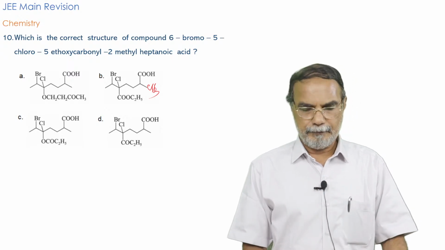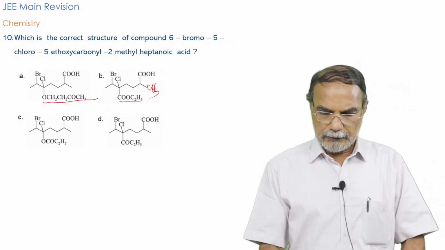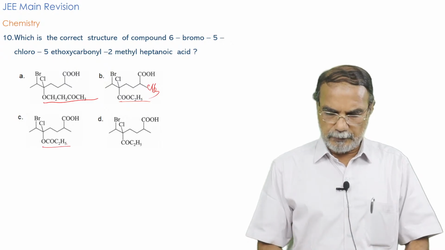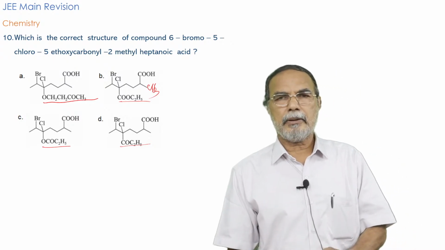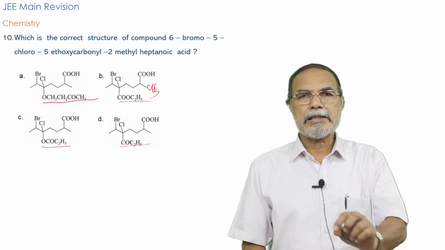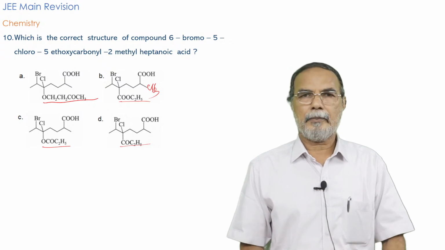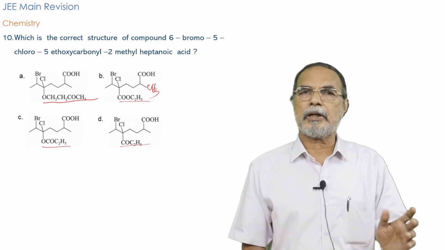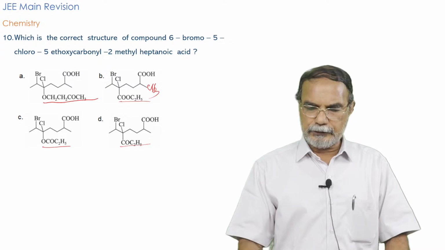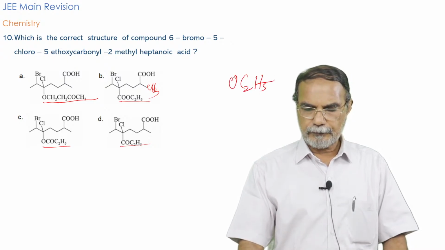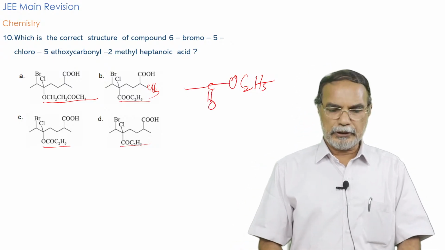5-ethoxy carbonyl. And ethoxy carbonyl is given as this in one compound, this in the second compound, this in the third compound, and this in the fourth compound. So to answer the question, what you need to know is only the structure of ethoxy carbonyl. Which group is called ethoxy carbonyl? That is the only thing that you must know. Ethoxy is OC2H5. Carbonyl is CO. So ethoxy carbonyl is